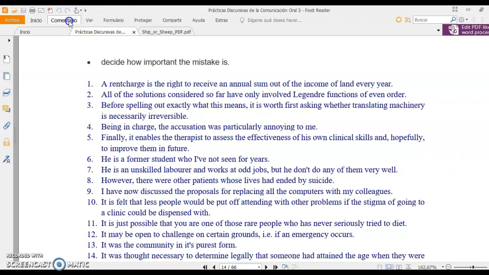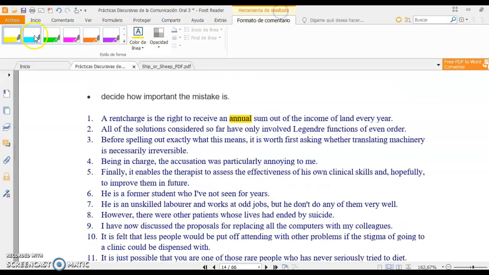So I can identify one of the mistakes. Let's see if I can mark it. I have here annual. Why do I have here every year? Right? So the duplication of meaning is the problem.